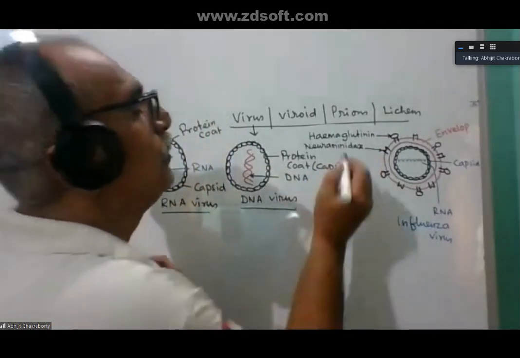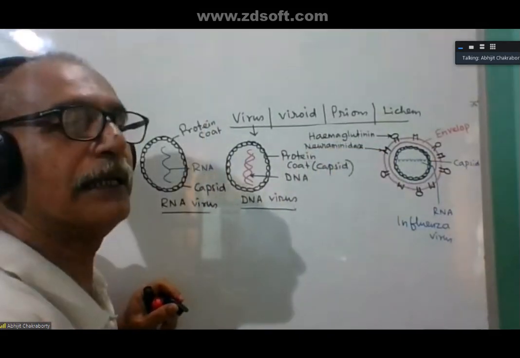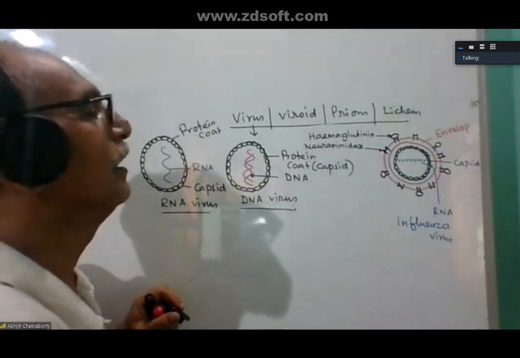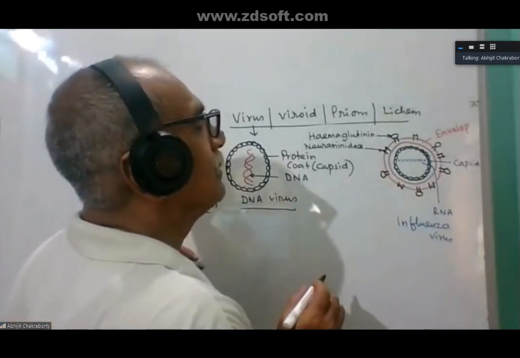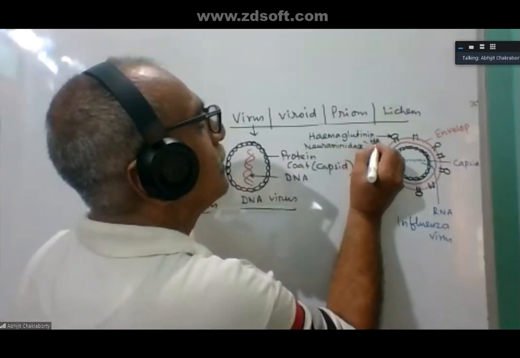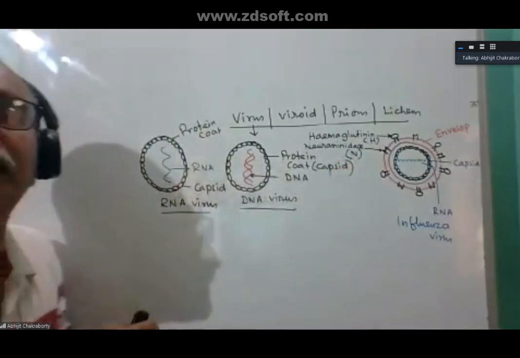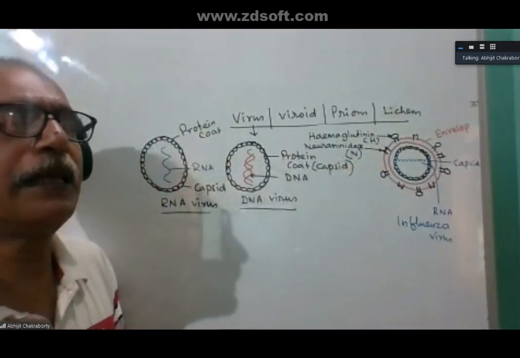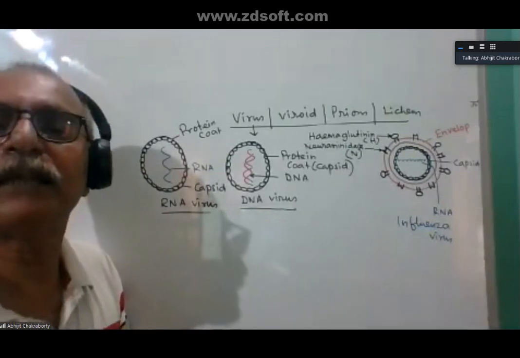So two subunit antigens are found, hemagglutinin and neuraminidase spikes. In influenza virus, the hemagglutinin may be termed H and neuraminidase N. They vary. Basically, in case of enveloped RNA viruses like influenza,